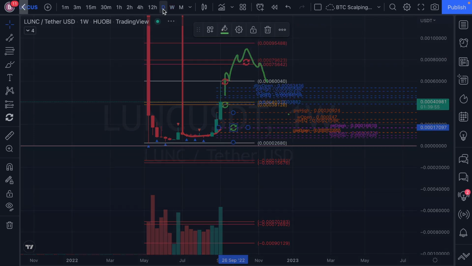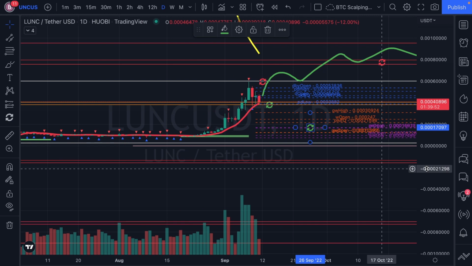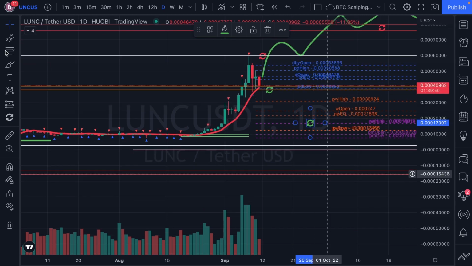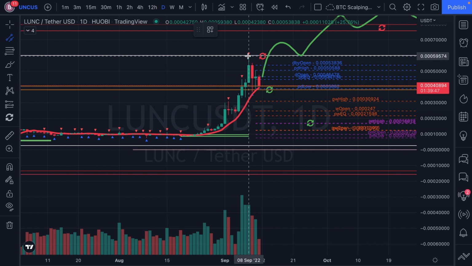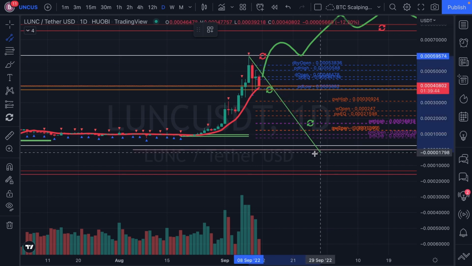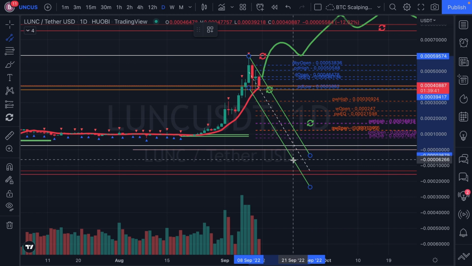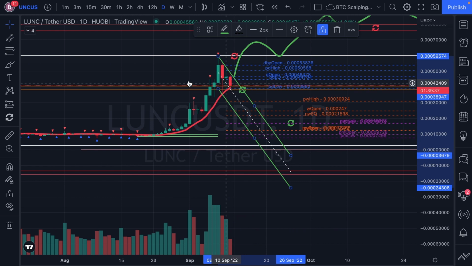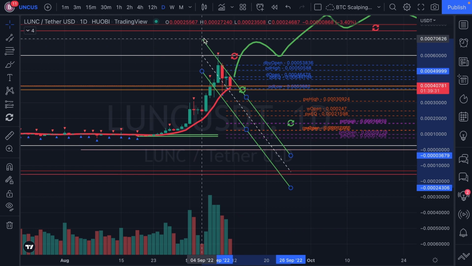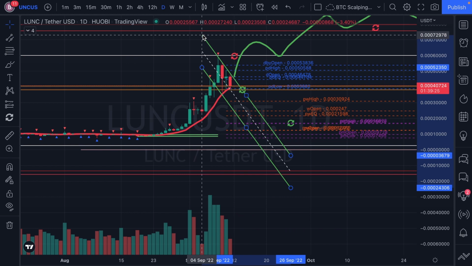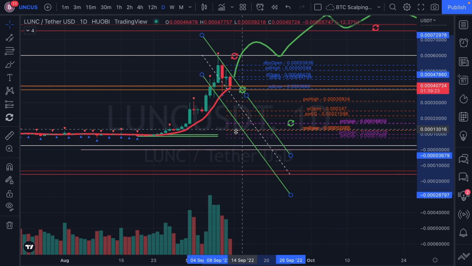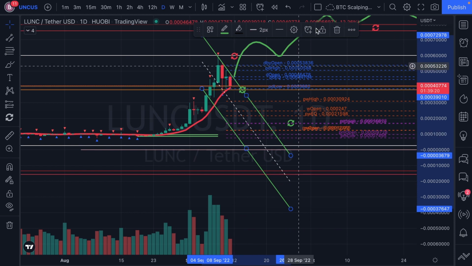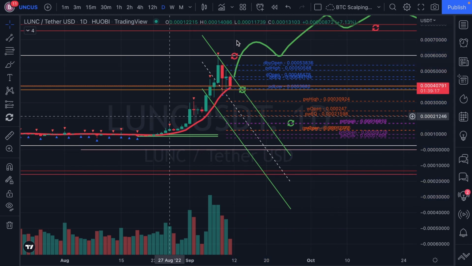So let's go to a daily. Let's see how much damage can be done on this daily. It's your daily. What we're looking at. We're going to just keep it tight, even though I could extend this range. Keep it like that. Just because it was such a fast move up, I think it's going to be a fast